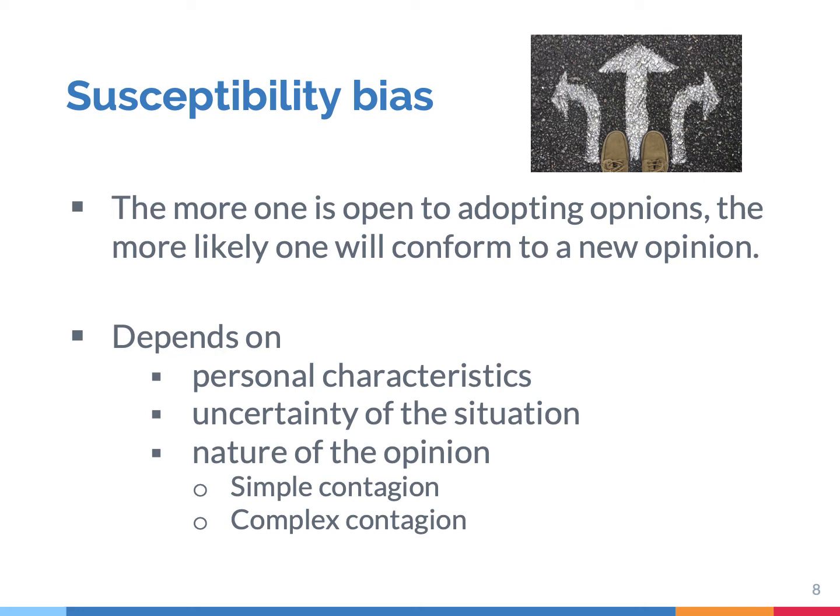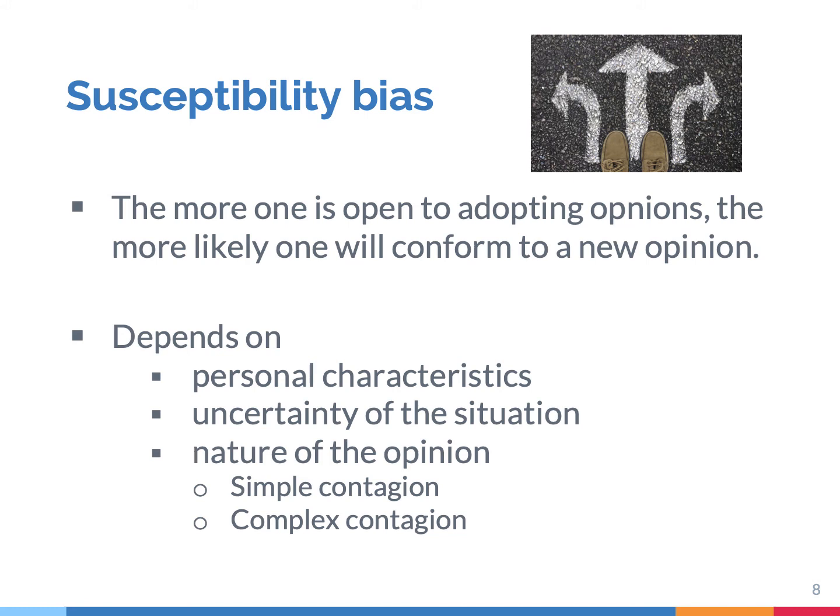People are not always to the same degree uncertain about their opinions. In more uncertain conditions, about which people have little knowledge, people are more uncertain, and therefore they may rely more on others. Now, susceptibility may also be related to the nature of the opinion. For opinions that are simple facts, having heard them from one person is enough to believe them. Say, if you ask what time it is to a friend of yours, then you just believe what he said. Such simple facts are transmitted like a virus. You only need one infected person. This is called simple contagion.